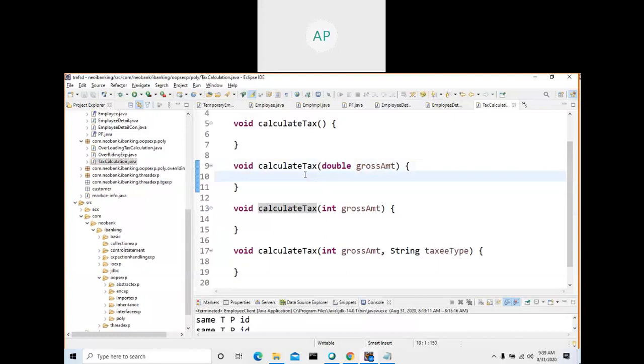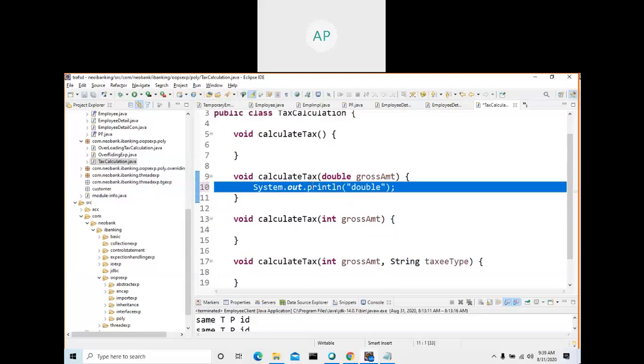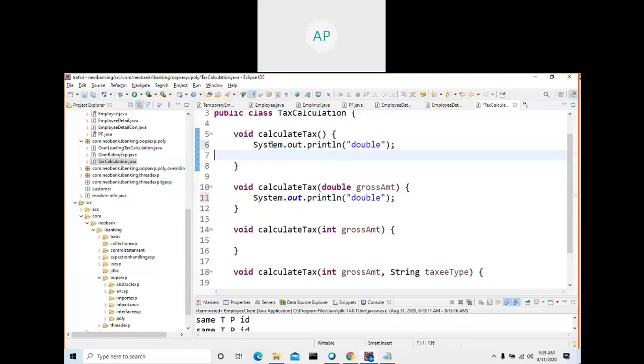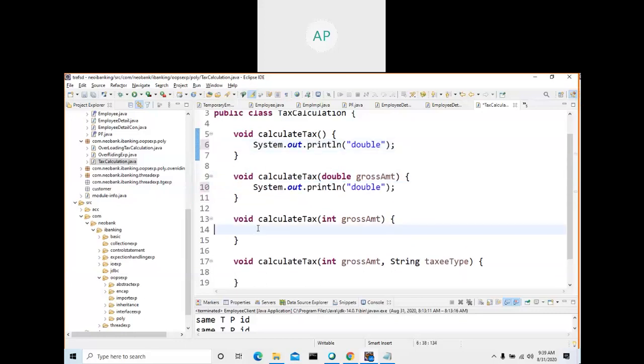Before that, we make a System.out.println. This one is the default, this one is double, this one is int.